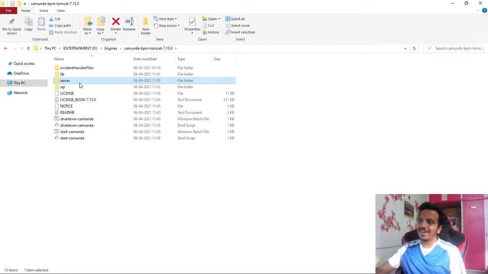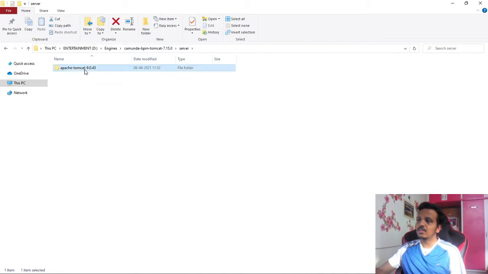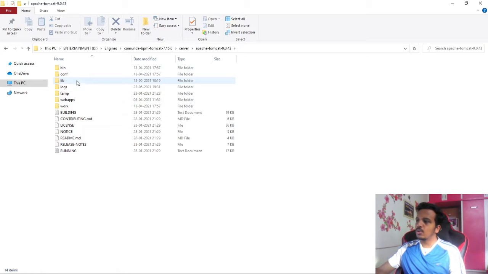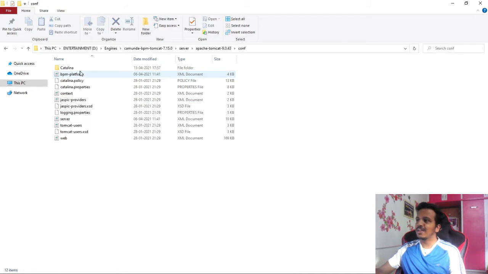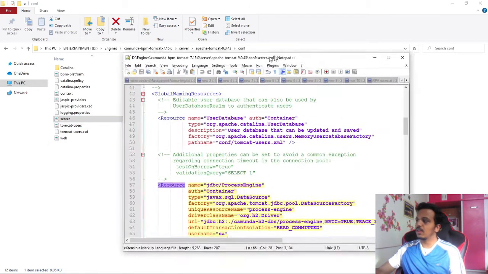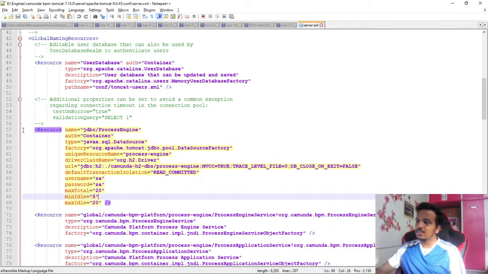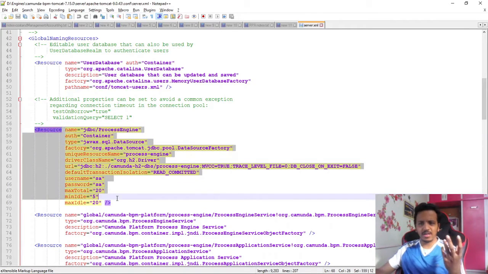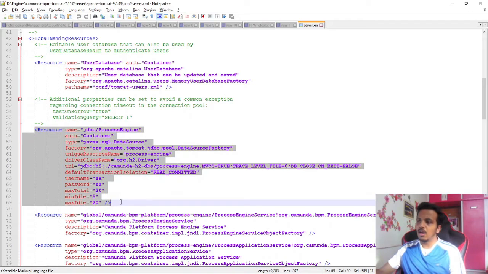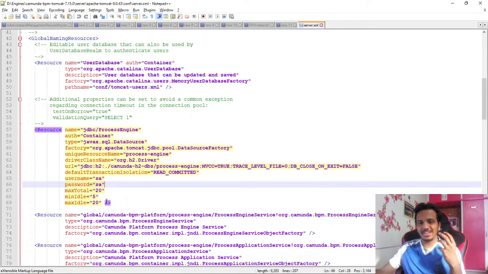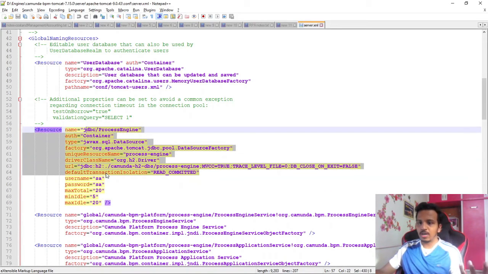Okay, so here I see server, go inside that Tomcat, and there you have something called config, go inside that, and then I have server configuration. So just edit, and there you go. So in here I can see there is a separate tag which is asking for the database connections. Okay, so by default again here the H2 database connections are present.